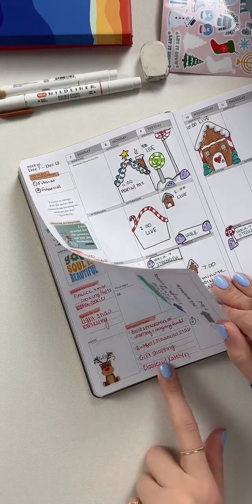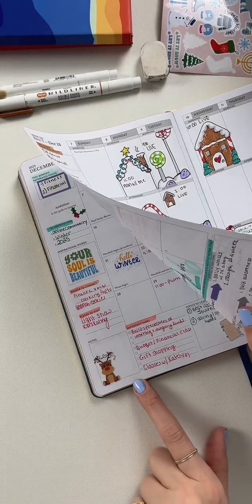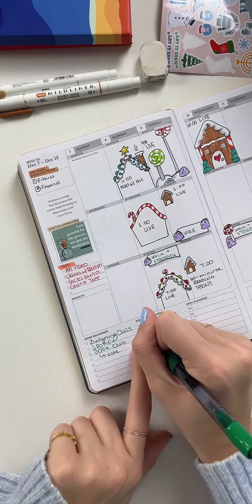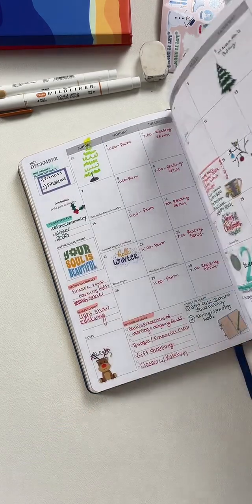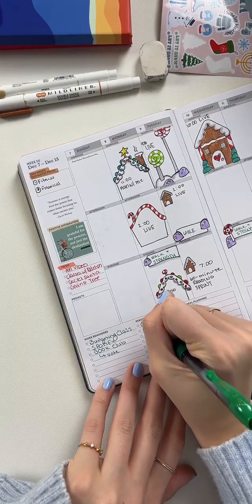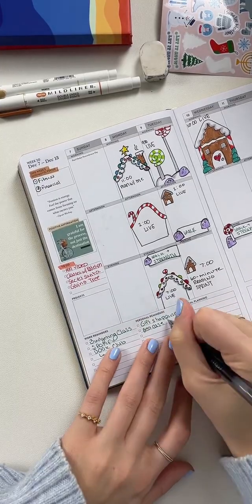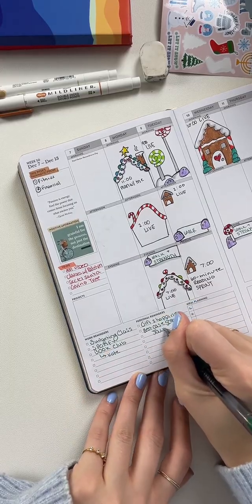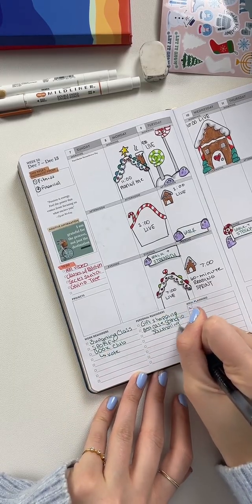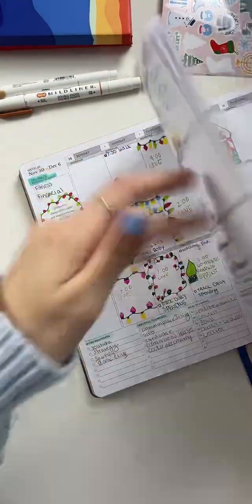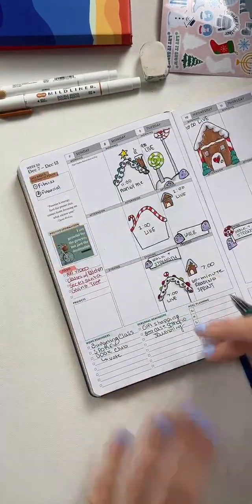For personal reminders, what else do I want to do? Oh, I wanted to write down best case scenario journaling. And then what was the other one? Commonplace journaling.